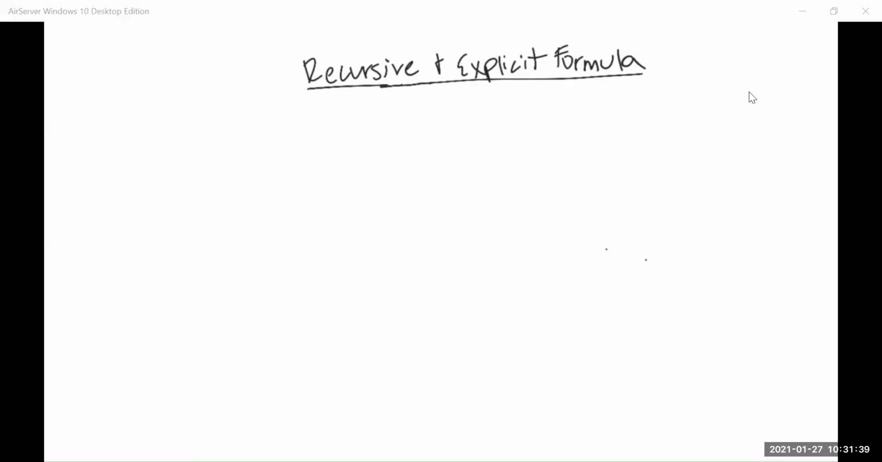Okay, today I'm going to talk about recursive and explicit formulas in math. So let's start by talking about the explicit. Explicit formula allows us to find the nth term. If I want to find the 100th term, the 200th term, this will be one equation that will give me that answer. And the basic format of the equation is you're first gonna